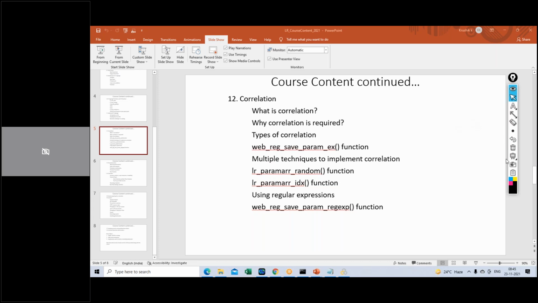Which version of LoadRunner? Latest version only, Kajaudin. LRE 2021. We can download a trial version and practice on that, no problem. What will be the course duration? It will be 30 plus sessions, and it will start from tomorrow only.